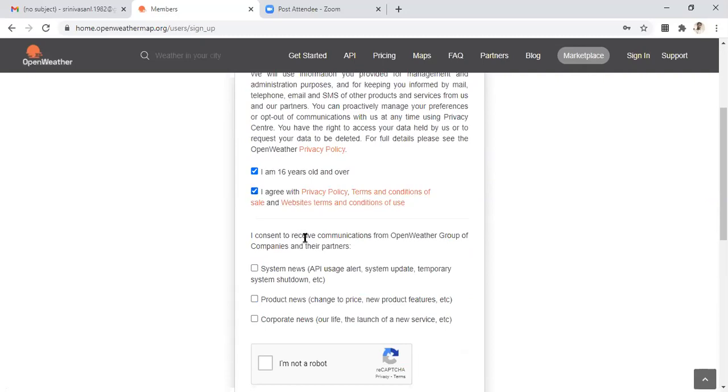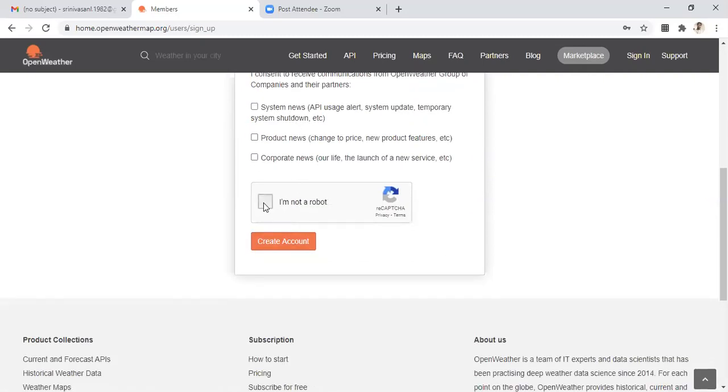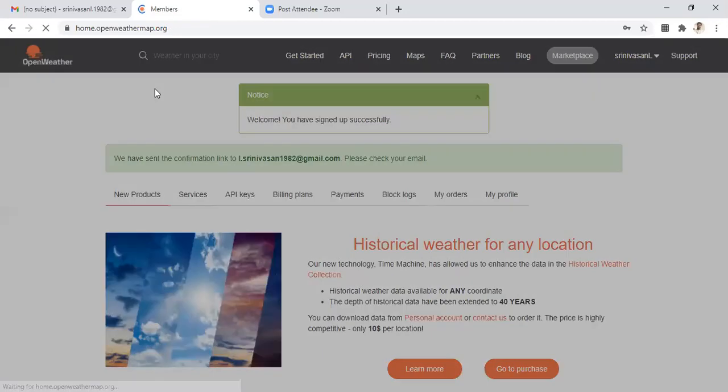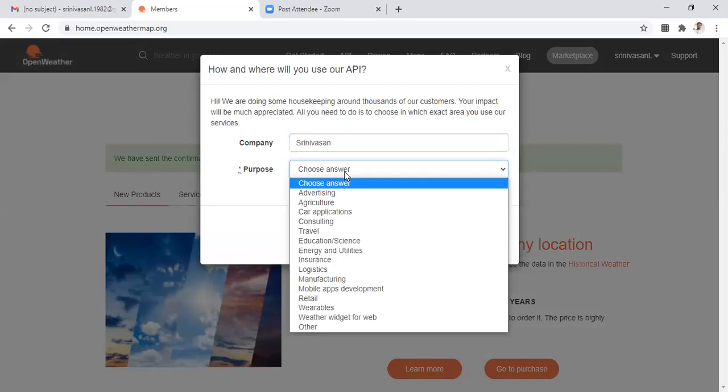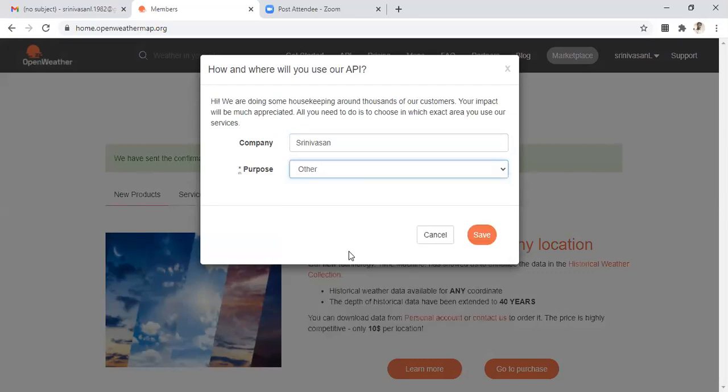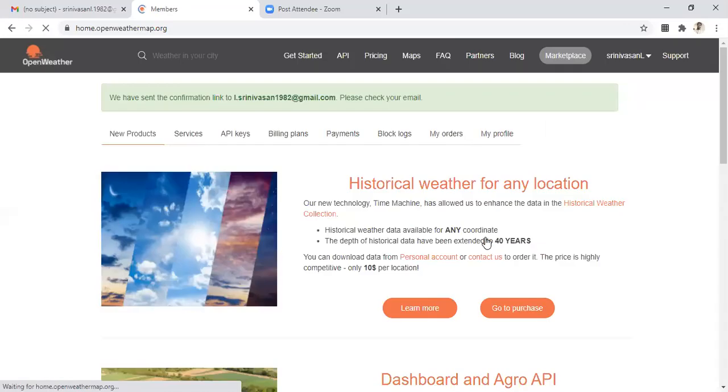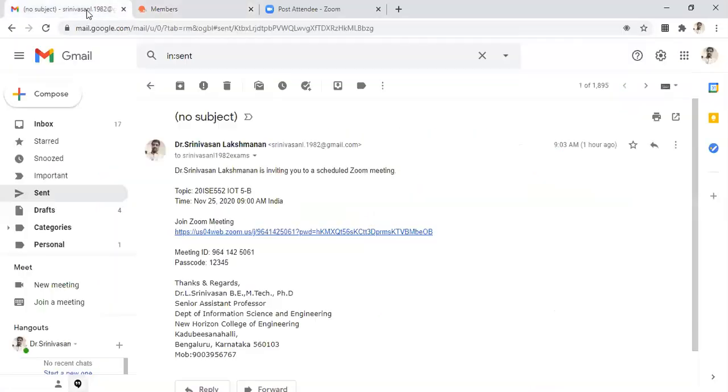You agree to all the policies. Let's create an account here. It is asking for a company; you can just give your name here. For purposes you can give other or some other things. Give save here. It will send you a confirmation link to this Gmail account. You just log in and check whether you have received it.